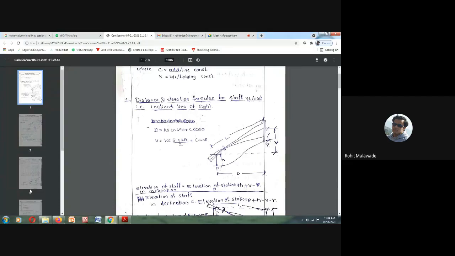Is it clear? Remembering the formulas is going to be very, very important whenever you solve a problem. And the interpretation of the problem after reading the question is very, very important. If you interpret well, read the data first properly, then interpret, draw the diagram, and then solve the problem. Is it clear?